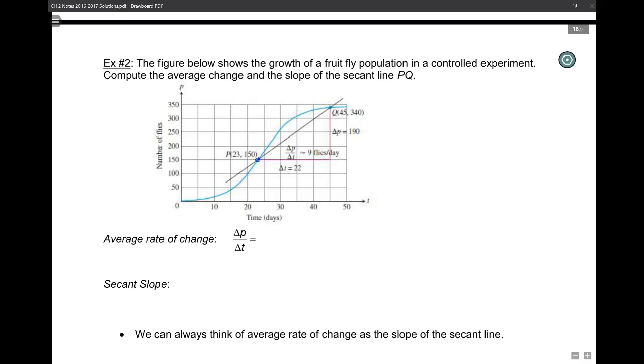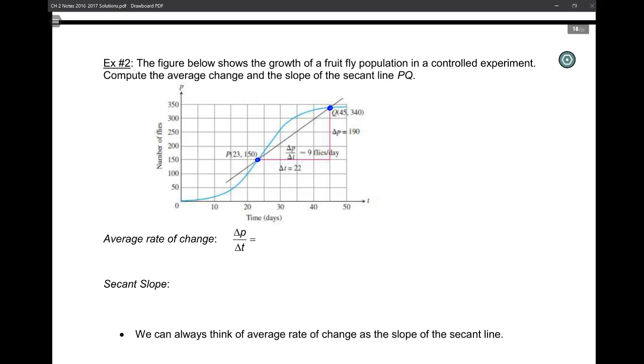So here we have our 2 points. So what does this represent? These are the time in days, and this is the population. So we're going to look at 23 days. There's 150 fruit flies, and then we want to compare that to after 45 days, there's 340. Got it? Okay, so we want to compute delta P over delta T, so the change in population over the